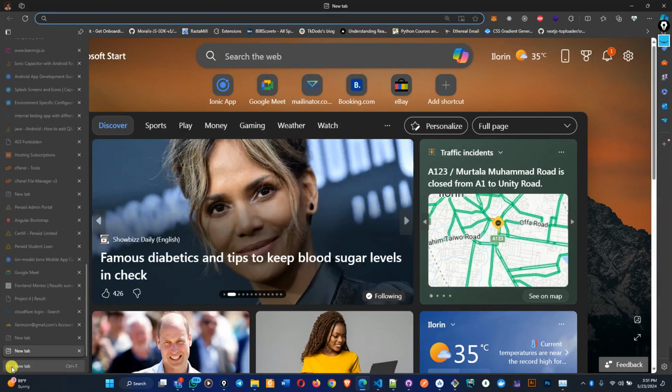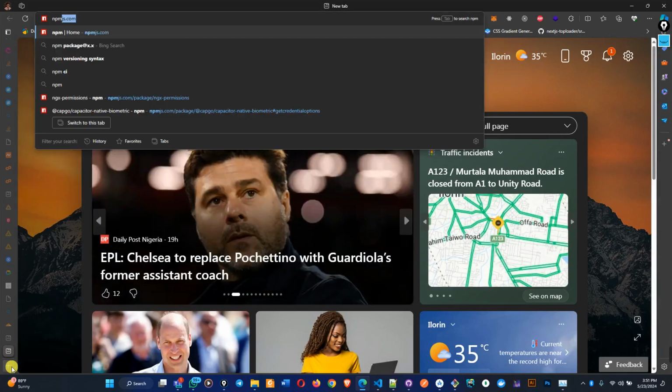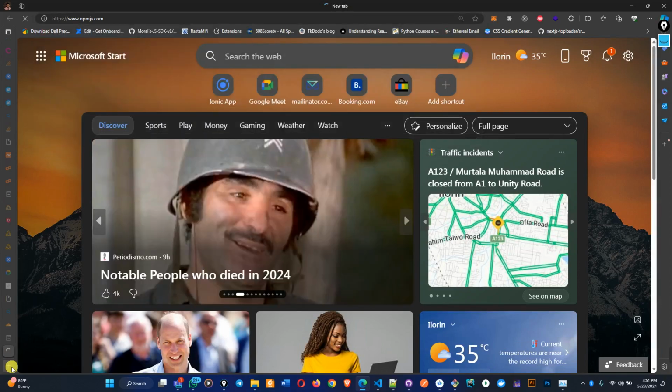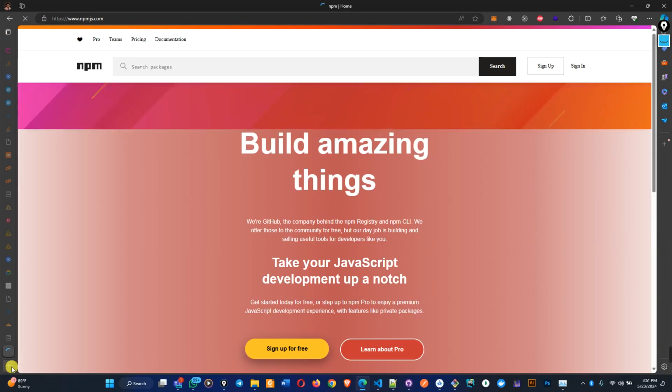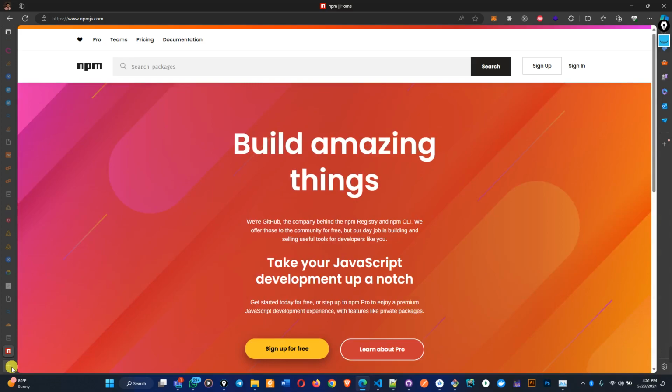We have this npm here, npmjs.com. This is the site where you can publish your package. You too can go there and create an account. Then when you are done with your package, you can publish it so that other people can use it too. Like that. So any package you are looking for that deals with Node.js, you can come here to search for